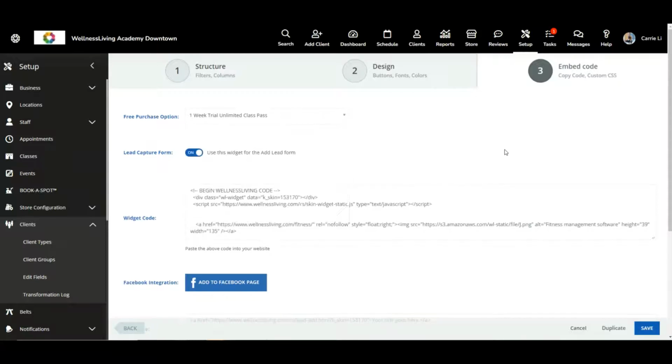But in my case, I do want to offer them a 1-week trial unlimited class pass that I've created. Once they submit the lead capture form online through this widget, they will receive an email welcoming them. Then when they sign into their account, they will be able to access this free purchase option that I've created here. Next, we have the lead capture form, and you'll see right now it's toggled on as